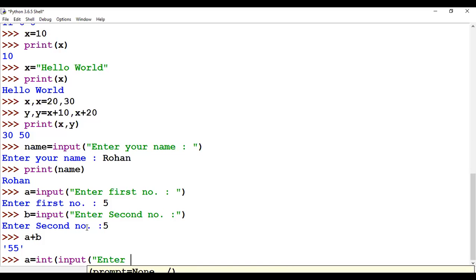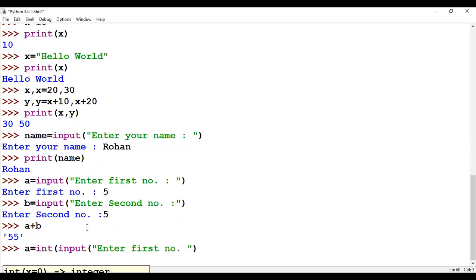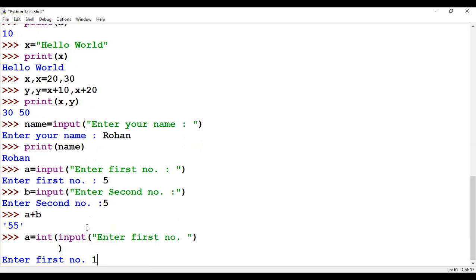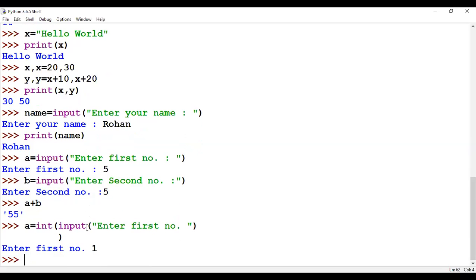Enter first number again, first number is suppose 1, then b equals to int input, enter second number.